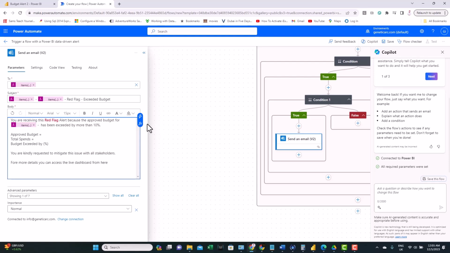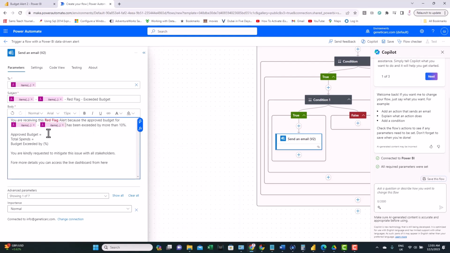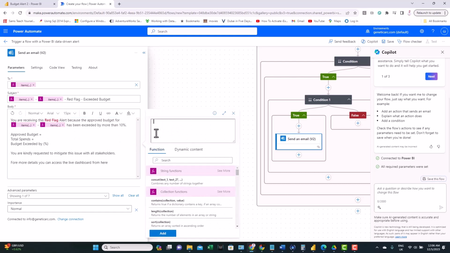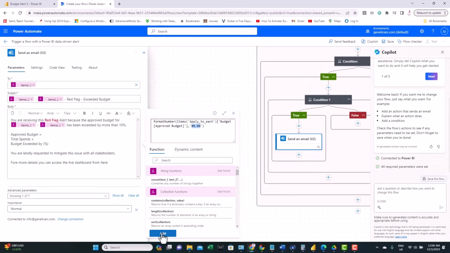And we add also the stage, just paste. Just rename this to stage, click add. And we can add more data for the budget. We just click the expression, and for this we need not only to add the field, we need also to format it. So I use the format number function here and provided this format. We need to have 2 decimal places. Click add,